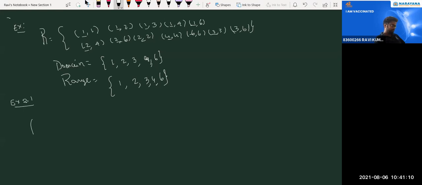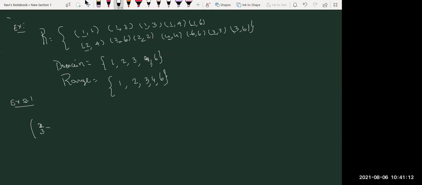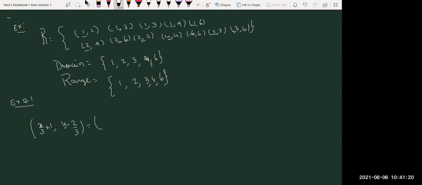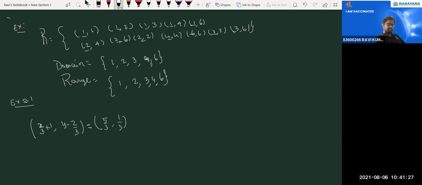See, exercise 2.1. What's the first question they're asking us to find? Find the values of x and y. This is one ordered pair or not? Yes, sir. Find x and y. What's the first number and what's the first number? Both the first numbers have to be equated here now.